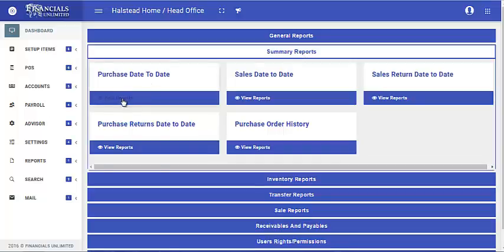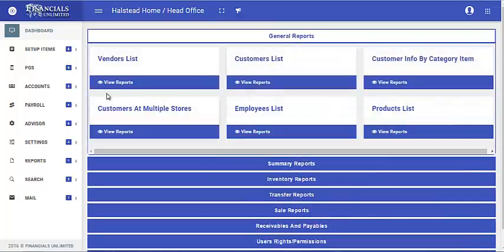Purchase, you can track all of your purchase date to date transactions, sale date to date transactions, sale return date to date, and purchase return date to date, purchase order history, etc. And in general reports, these are basically different types of lists. Because if you want to